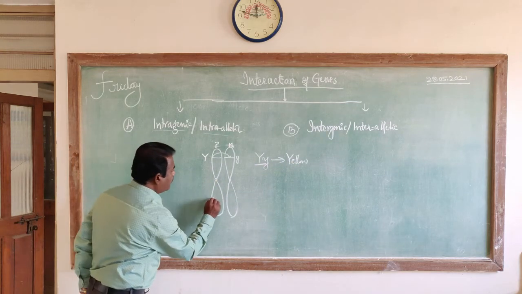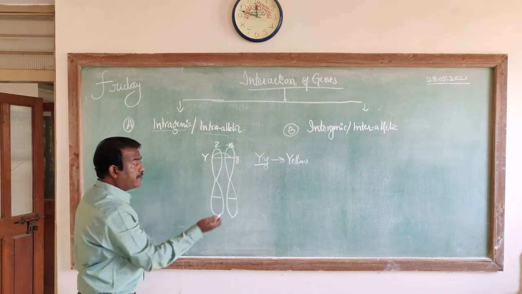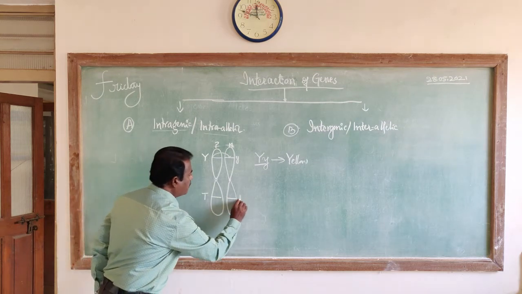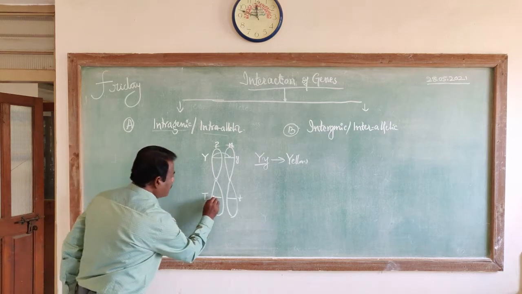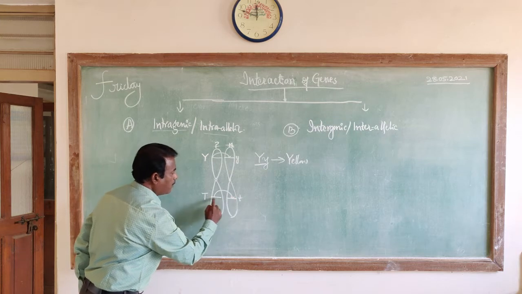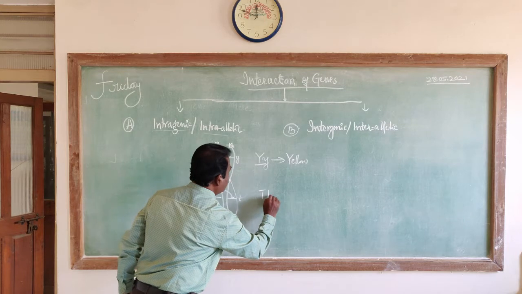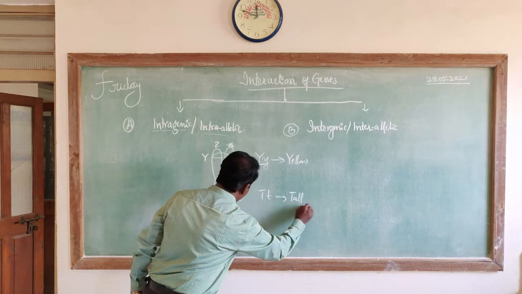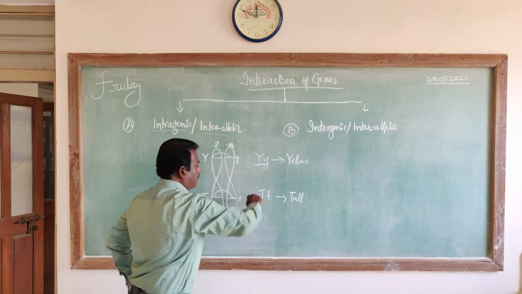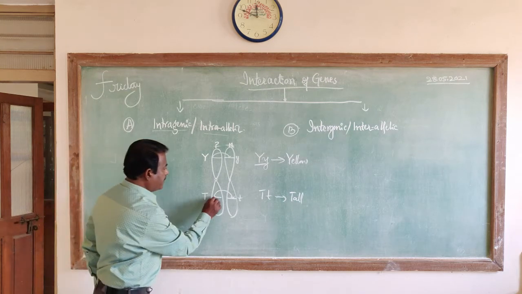If one more example I give you now, that is height of the plant in pea plant. It may be capital T on paternal chromosome, small t on maternal chromosome. Look at it. This capital T dominant allele, if it interacts with this small t allele belonging to the same locus, then this could express like capital T small t for tallness only. But the thing is that how yellow color seed and tallness of the pea plant are expressed. Look at it. This is because